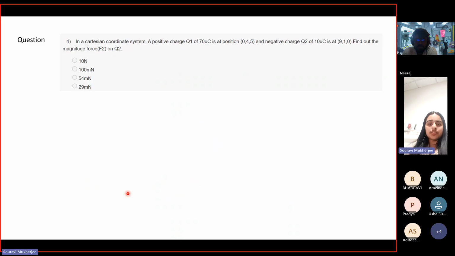There can be direct applications of Coulomb's law. Okay. So there can be applications where you have a point charge of some magnitude at some position, and then you have a negative charge, another charge at some other point of some given magnitude. You want to find the force on one charge due to the other. Okay. So here, one point you have to remember is which charge is causing the force, and on which charge you are actually finding the force. Okay, because that would define the direction of the vector. So be careful about that. Rest is trivial. Okay, be careful about the direction of the vector.